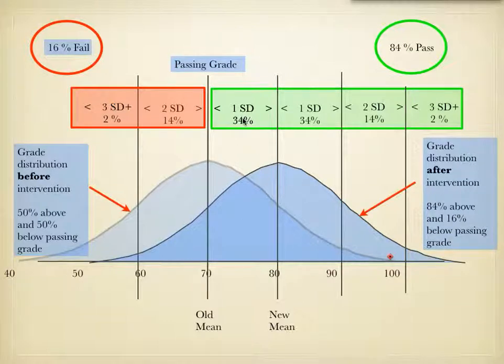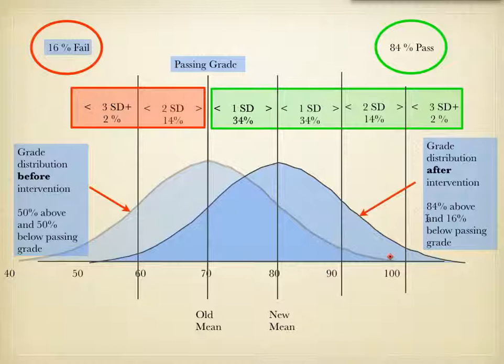And look what happens now when you add up the number of students who passed. You add all these together, 34, 34, 14, and 2. You add all those together and you get 84%. So now here's passing. 84% of the students now have passed, and only 16% have not met standards. So you can see that a 1 standard deviation